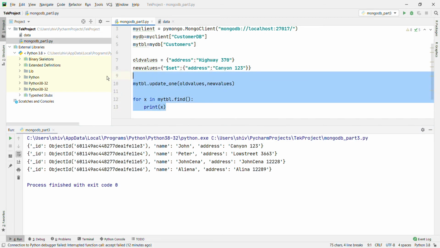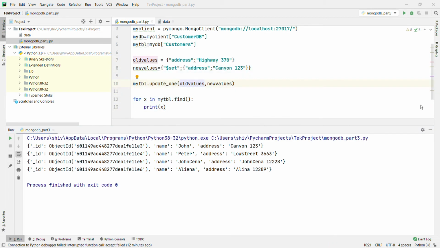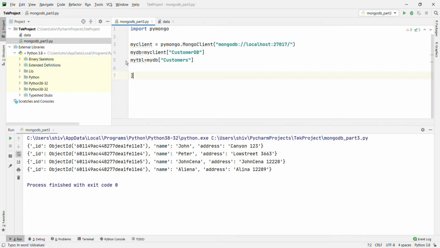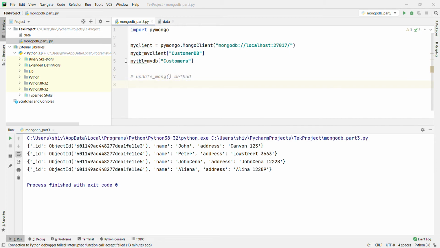This is very important, and I think it's pretty much clear, right? Now I'm going to show how we update many records in one shot. For that, let's remove this first. We update many records using the update_many method.